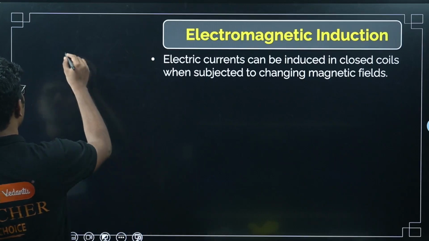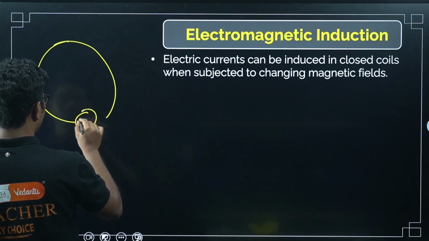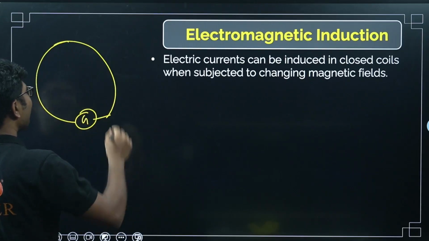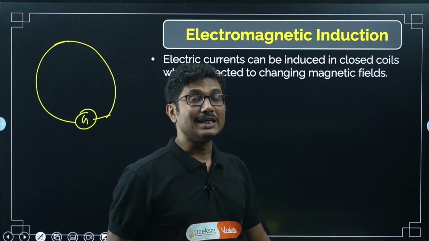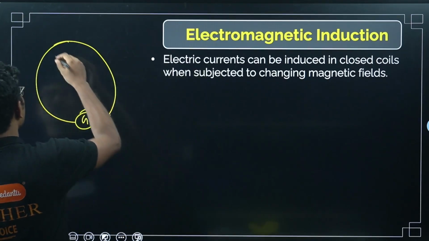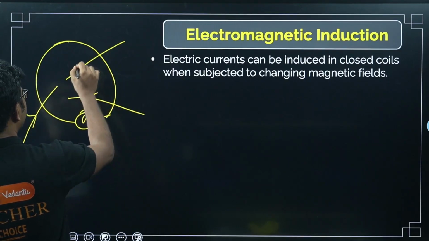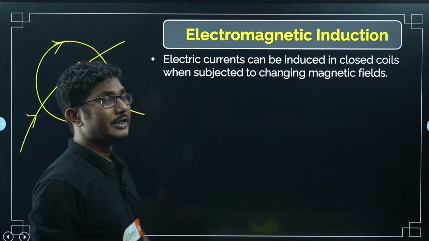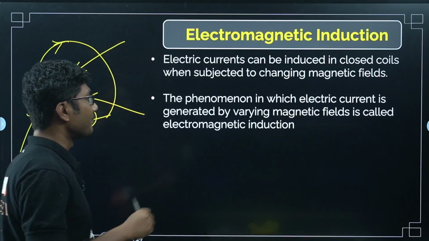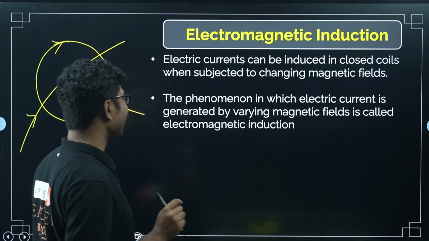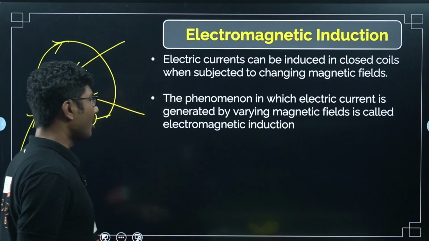Suppose I have a closed coil with a galvanometer fixed on this coil, and if I change the magnetic field associated with this coil, then there will be an induced current in this coil. This is called electromagnetic induction, the phenomenon in which electric current is generated by a varying magnetic field is called